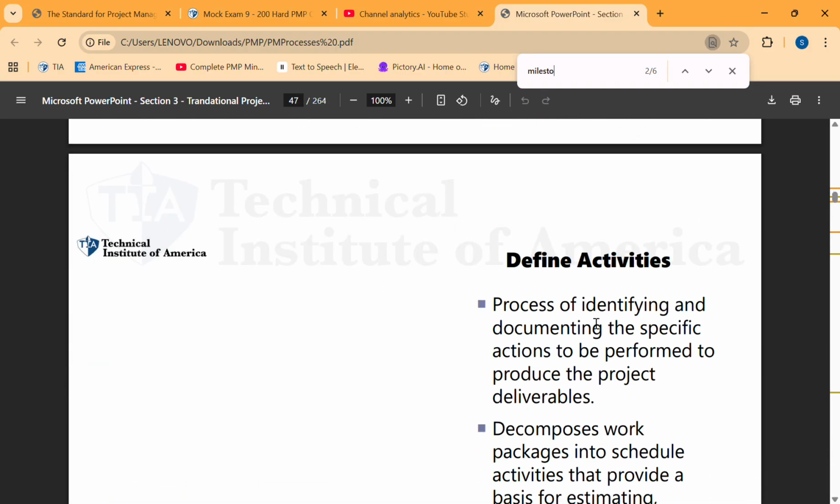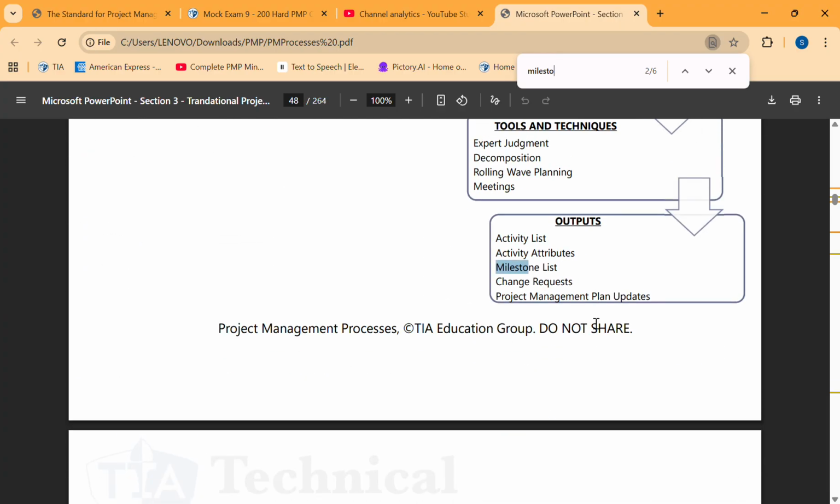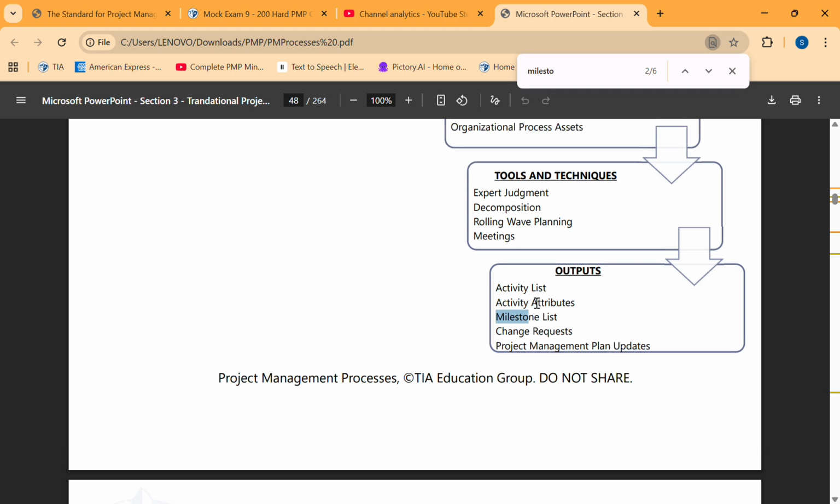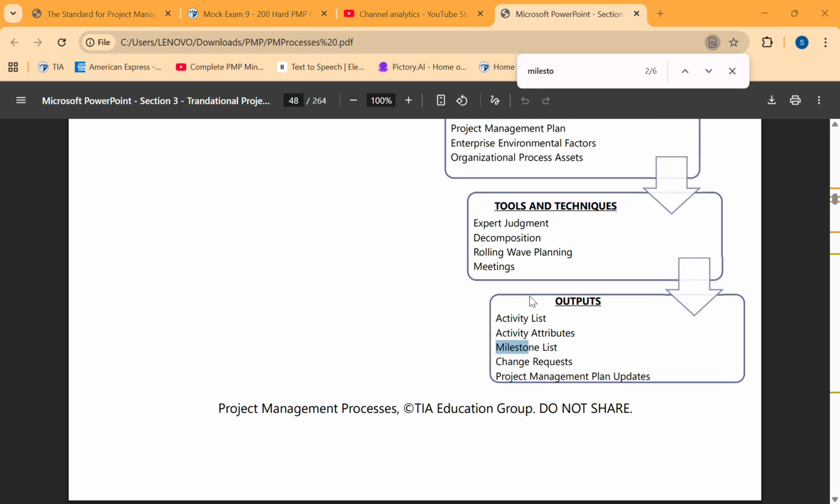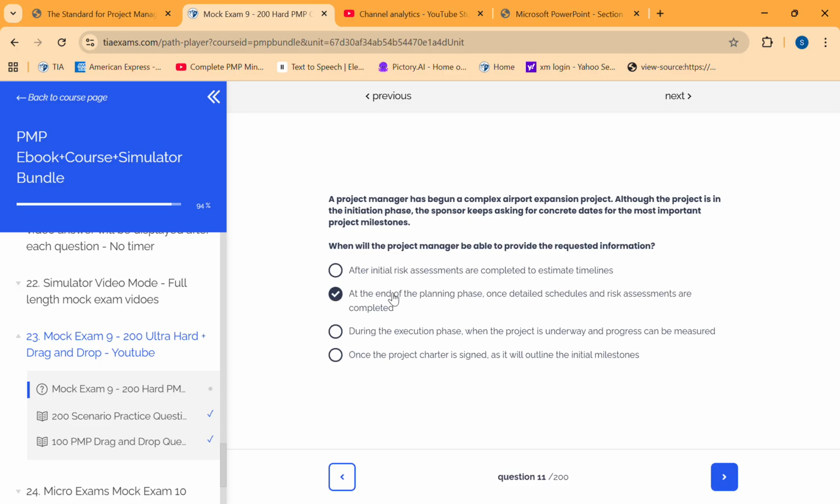Schedule management. In schedule management, the milestone list is the output. Okay, so it's in the planning phase. At the end of the planning phase, once the detailed schedule and risk assessments are completed,